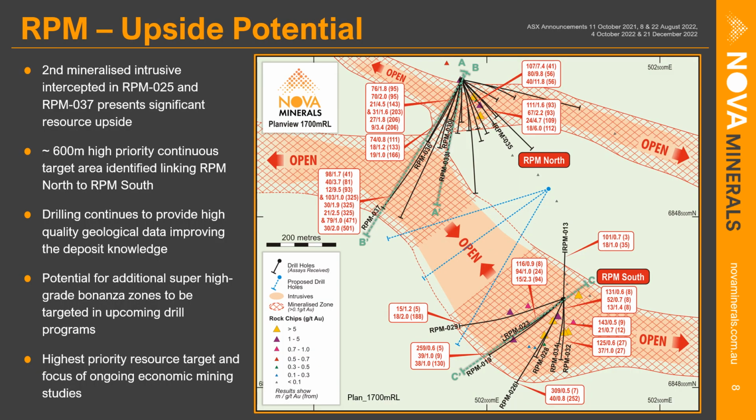Now to tie the RPM area all in together. You can see here at RPM North, we have very close spaced drilling now, and we believe that that drill spacing will provide some measured resources in the upcoming resource update. That bonanza zone there at RPM North, where we've encountered those just spectacular intercepts over and over again consistently through those drill holes, is